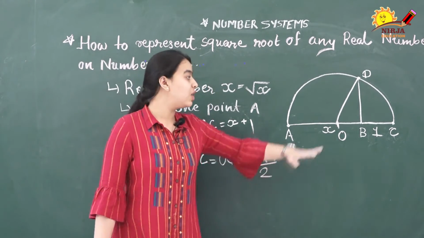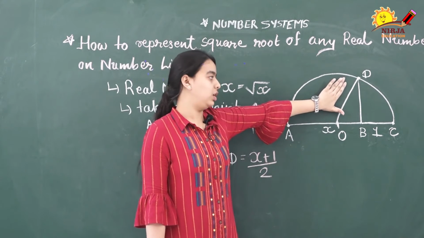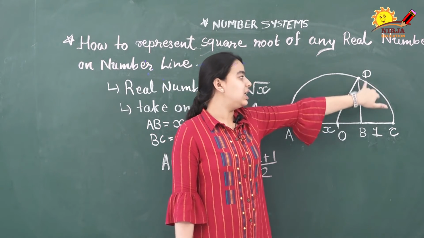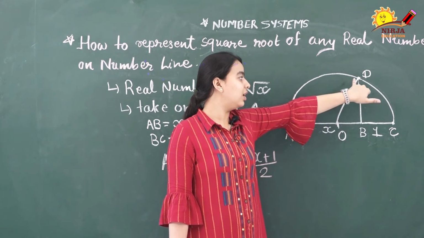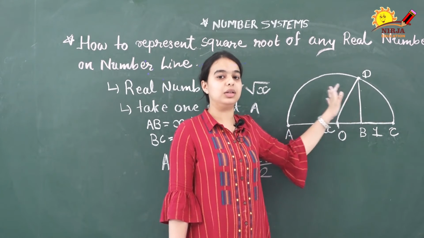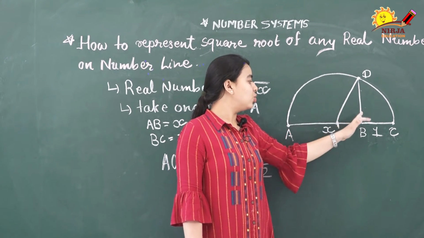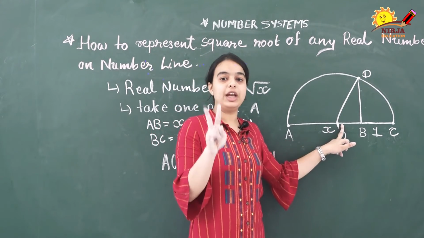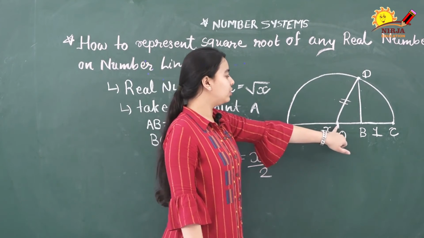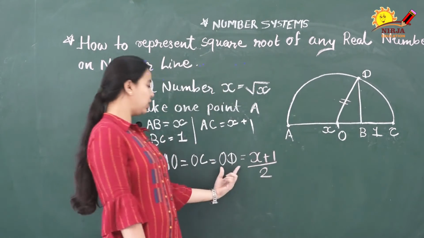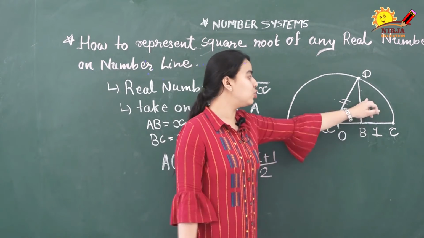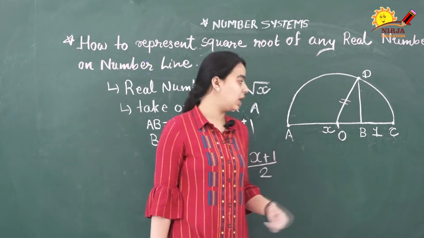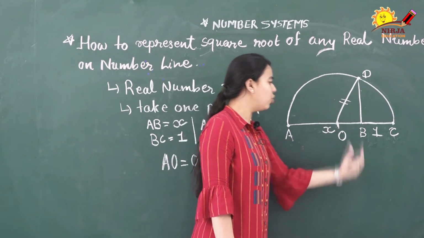Now if you have noticed, we have one right angle in this figure. Angle OBD is a right angle. So we can apply the Pythagoras theorem on this and find the other sides. For that, we need the value of any two sides. We have the value of side OD, just now we got, but we do not have the values of the other two sides. But here we can get the value of OB.